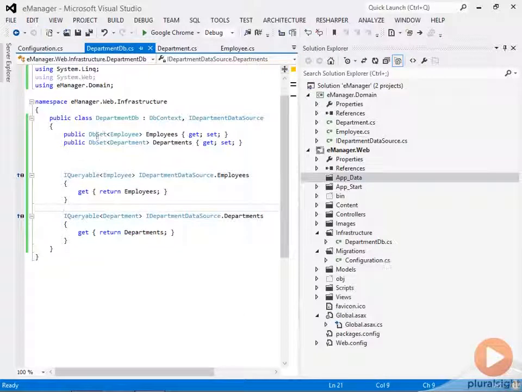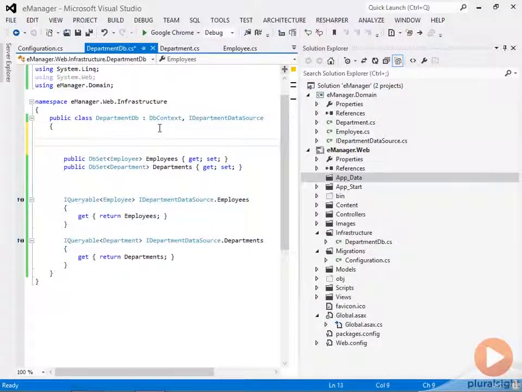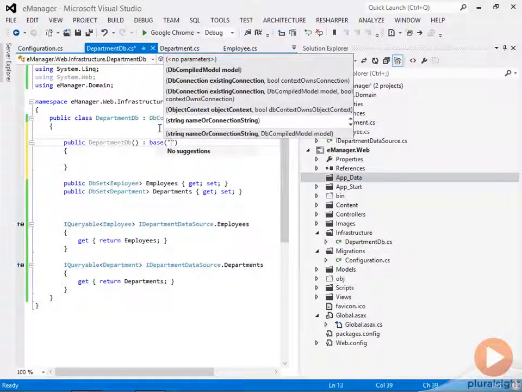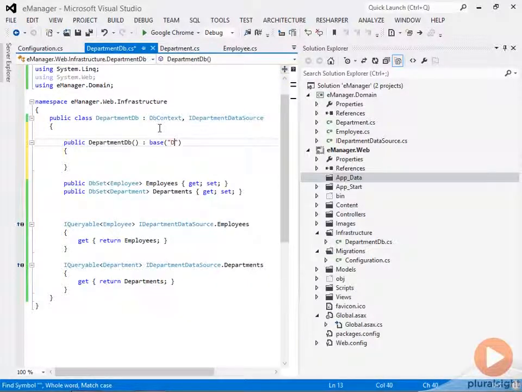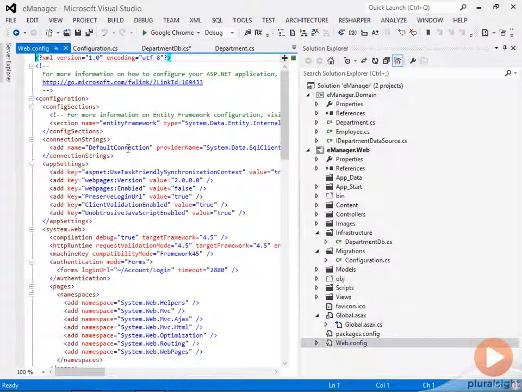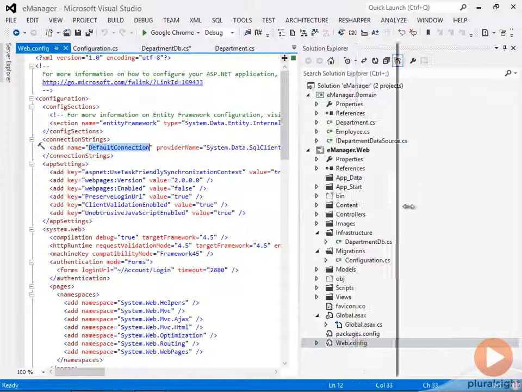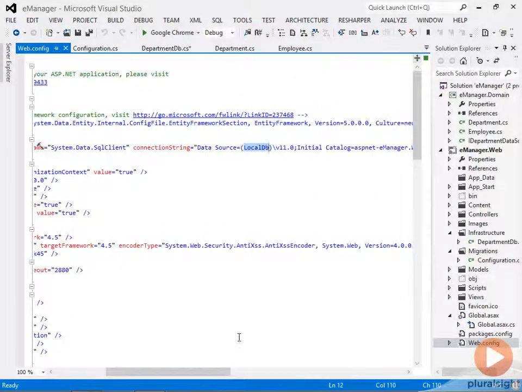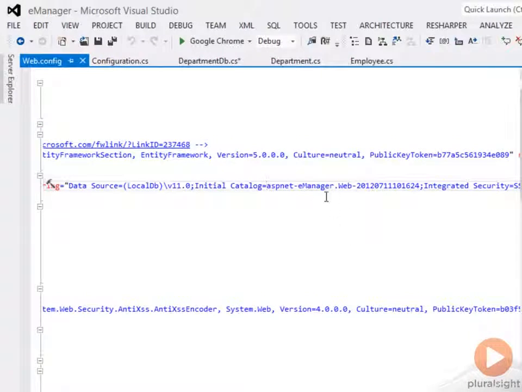And then in my DepartmentDB class, I'm going to add a constructor. When it calls the base class constructor of DbContext, one of the parameters I can pass here is an explicit connection string or the name of a connection string. So I'm going to tell it to use DefaultConnection. Because if I look in web.config, a default connection has already been created for me by the new MVC4 project template. DefaultConnection in Visual Studio 2012 will just go to LocalDB. It will create a database called